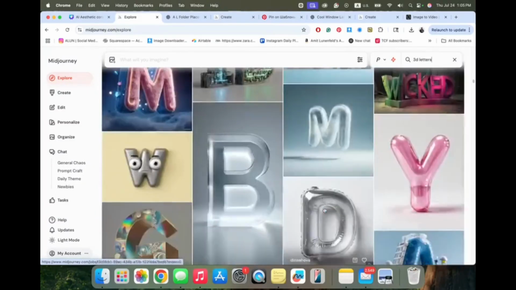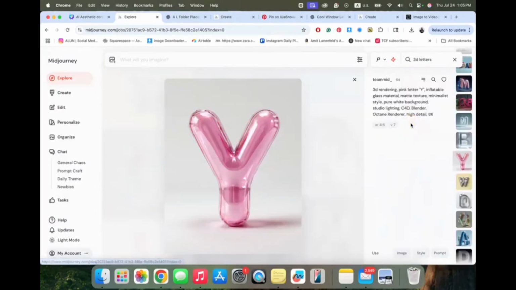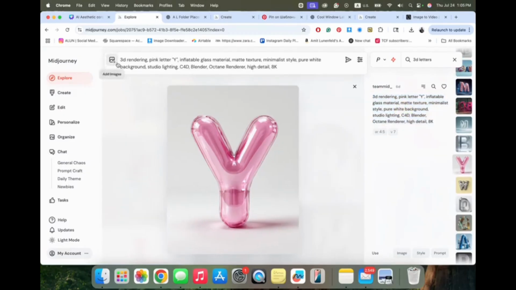Let's say you like this Y, you have here the exact same prompt. You can click here, use text, and it appears here in the search bar. You click create, and it will create something similar.